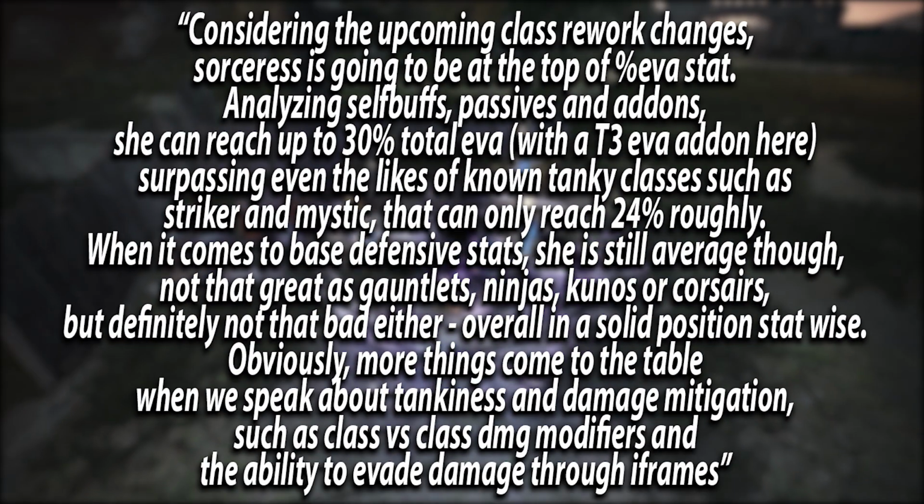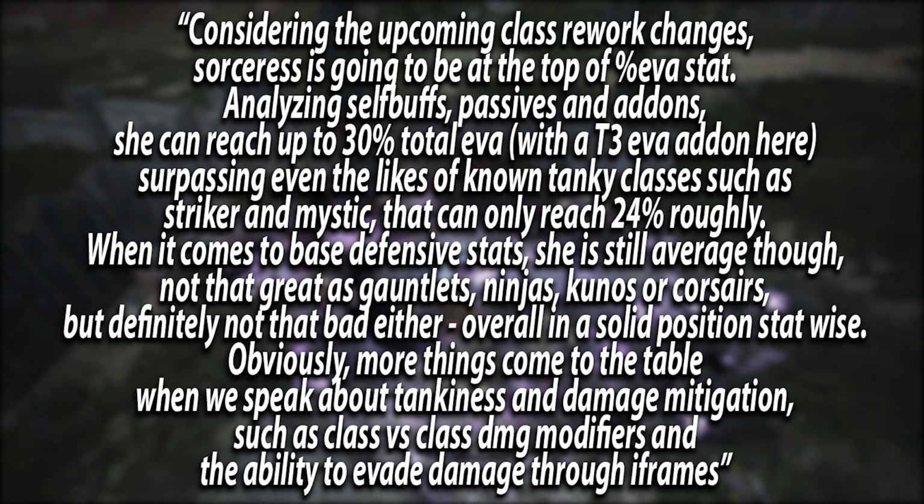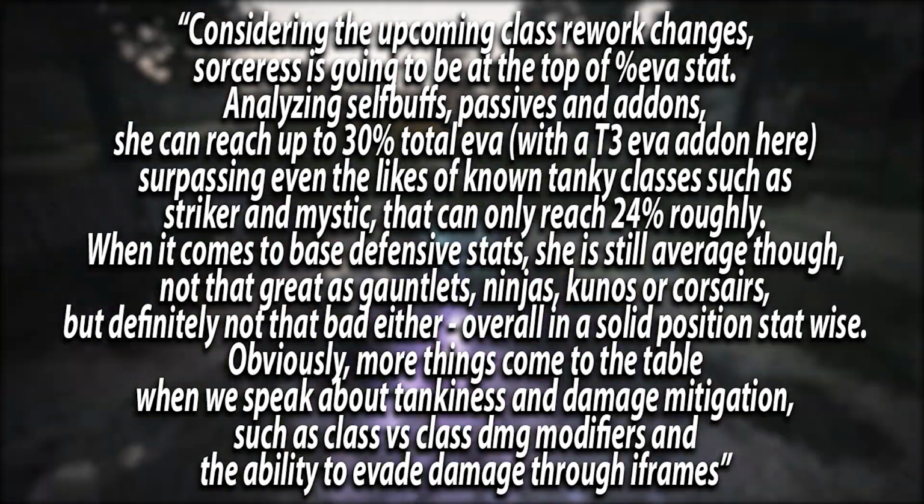These stats will help you better understand what you'll be working with in contrast to other classes, or even just to keep a personal mental note of what kind of stats we're working with. When it comes to the general consensus of the overall evasion percentage and base stats after reworks, Vixen had this to say. Considering the upcoming class rework changes, Sorceress is going to be at the top of the evasion percentage